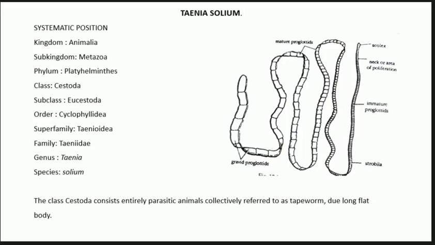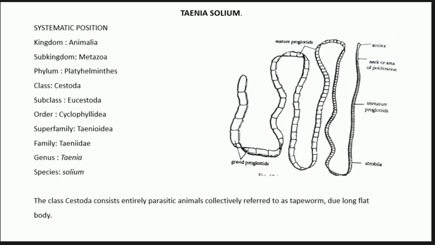Like the digenean flukes, the class Cestoda consists entirely of parasitic animals, collectively referred to as the tapeworms. So this particular class is of all tapeworms due to their flat body. Of these, at least 10 species comprise the family Taeniidae. The best known of these is the pork tapeworm Taenia solium and the largely similar beef tapeworm, okay, that is Taenia saginata. The present account deals only with the Taenia solium, so we will only talk about the Taenia solium,